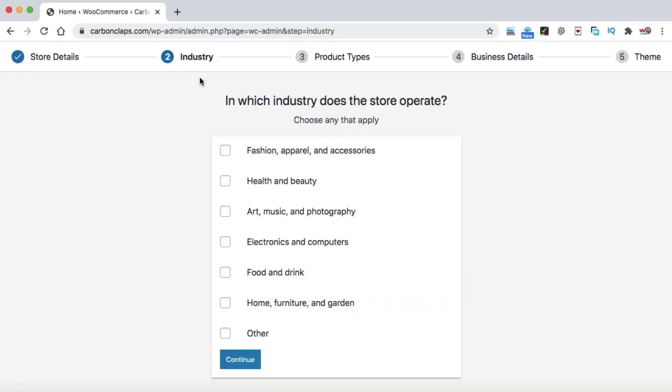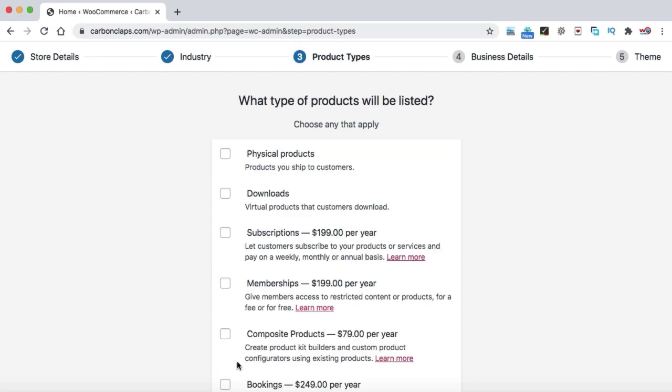Now we are on the industry page. From here we can select Food and Drink and then click on Continue. You can change these settings later on as well. Now, as we are going to set up this e-commerce website for food products, and food products are physical products, I mean the people can touch those products, they can handle them, here we can select Physical products and then